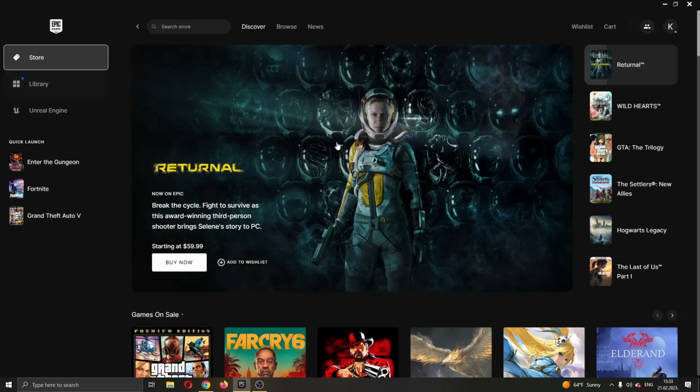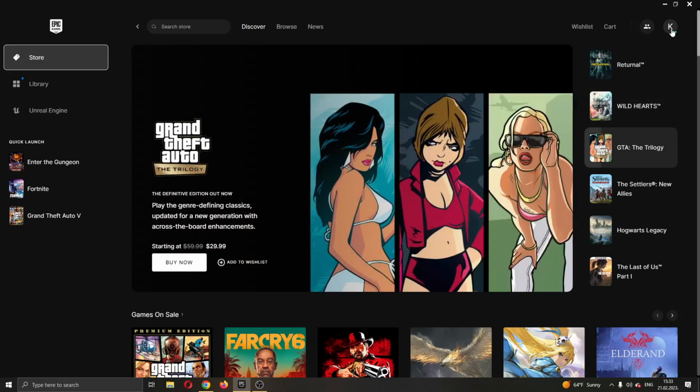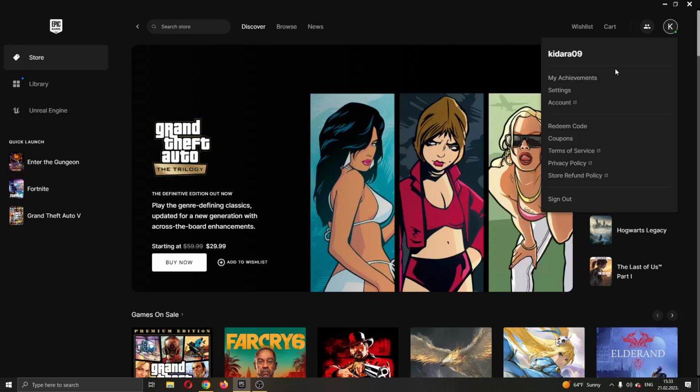So guys, if you want to go ahead and go invisible so you do not appear online to other people that you're friends with, then all you have to do is these two steps, which are very simple. The first thing you want to do guys is go right here into the upper right corner where your profile picture is. Go ahead and click on that icon right there guys,